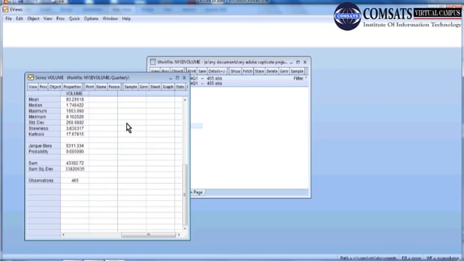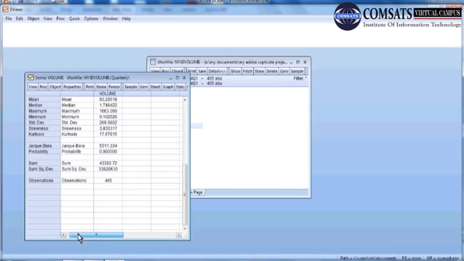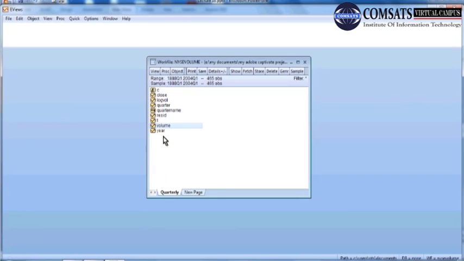If you want to see the statistical table only without histogram, you can generate this type of table. We can also generate this table as a set of variables. For example, if I want to generate the set of these statistics, I will choose here the quarter, the log values, and this volume, and the close price.